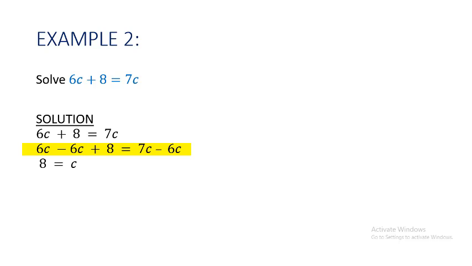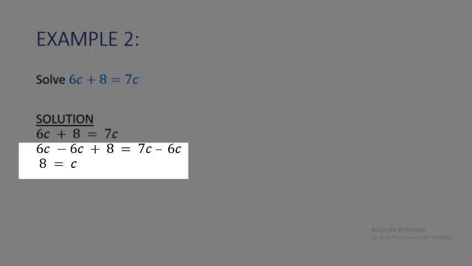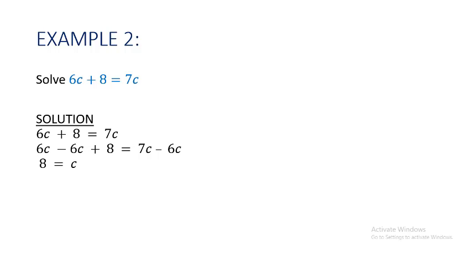So the second step, 6c minus 6c plus 8 is equal to 7c minus 6c. So 6c minus 6c, the answer is 0. So we are remaining with 8. And then on the other side, 7c minus 6c, the answer is c. Therefore, c is equal to 8 in that particular equation. For you to verify, you can just substitute 8 for c in that equation. You see that the left hand side will balance the right hand side. So that is the end of the